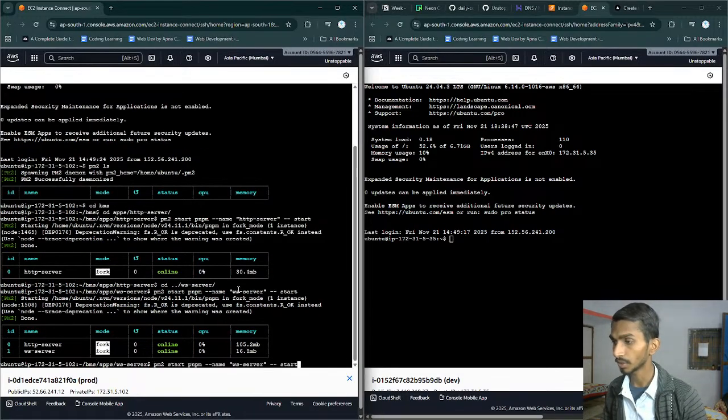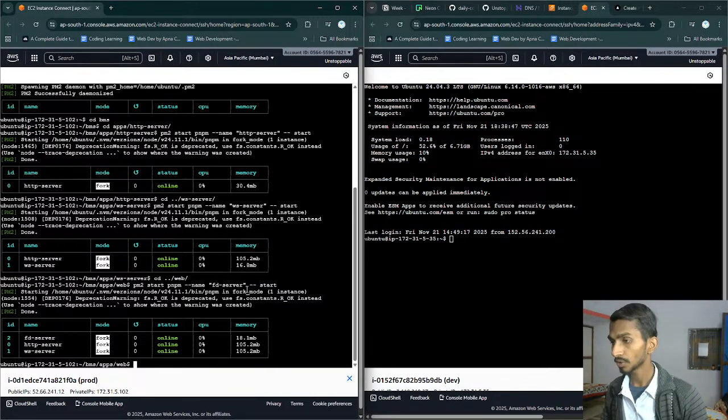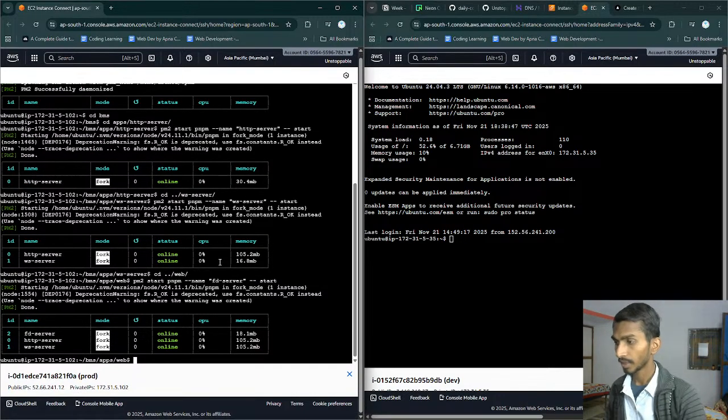Let's start this particular thing. Same, one step back, and then web app, same command, but merely one thing is going to be changed, and that is fd-server. Okay, so this thing is running right now.